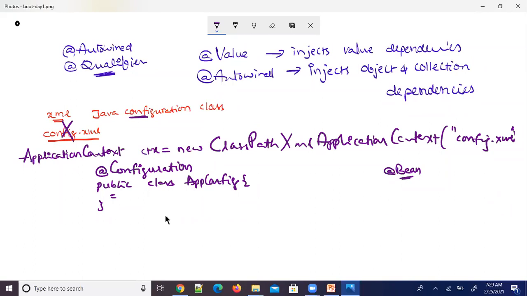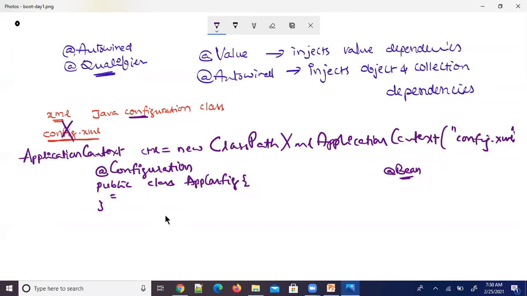A bean method is to write a bean definition. And an object returned by that method will be registered in the Spring container as a Spring bean. I'll explain about this, don't worry, because these are all the basics to discuss.